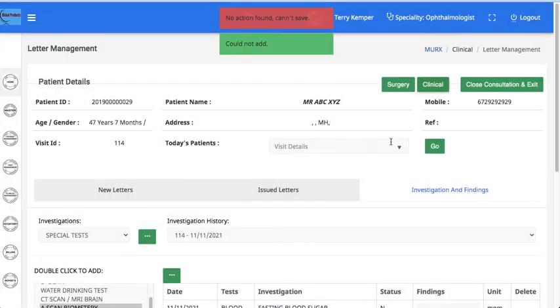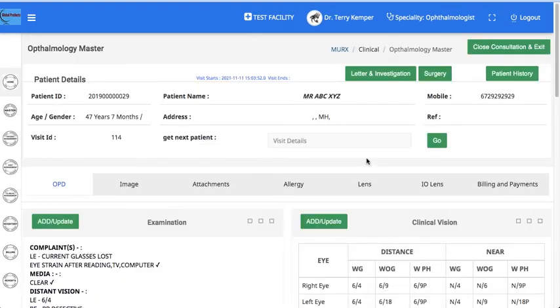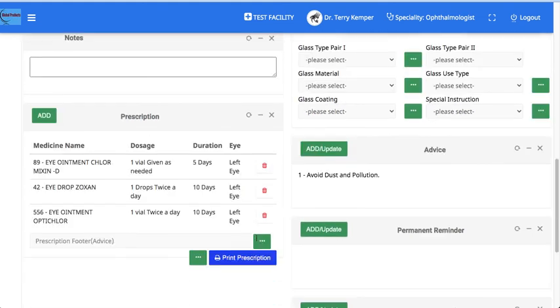Going to the main OPD page, a prescription can be printed out in MURX.